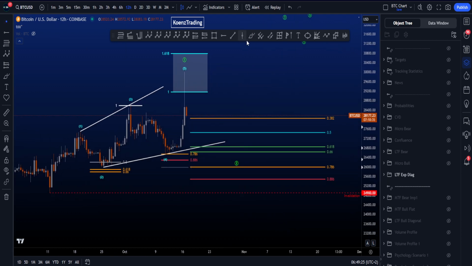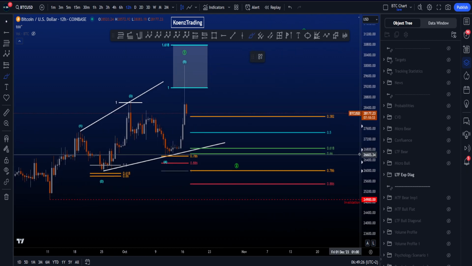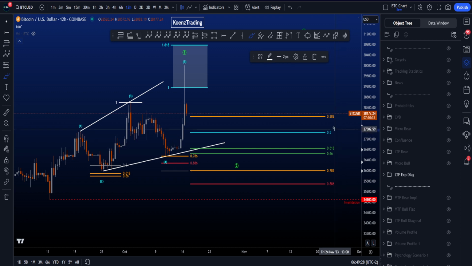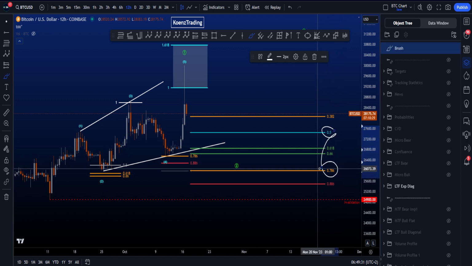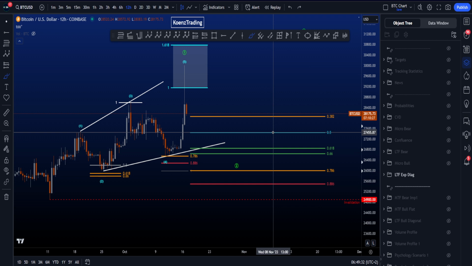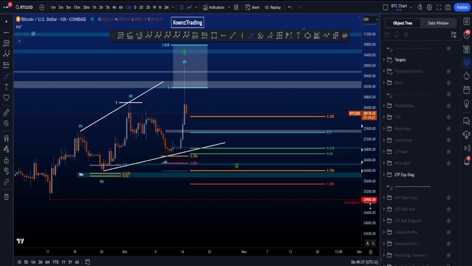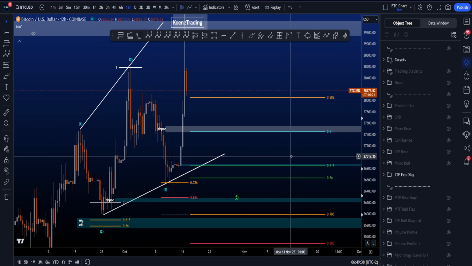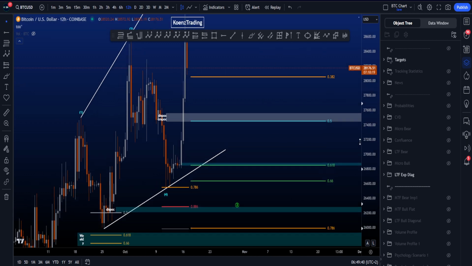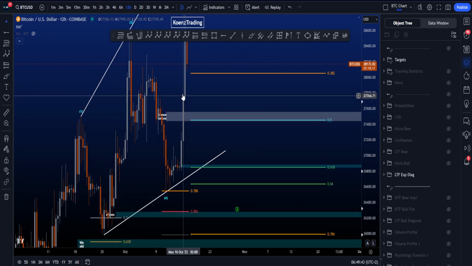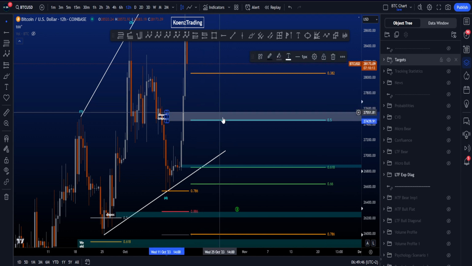If we then look for a wave 2 to the downside, then the most common target for a wave 2 is between the 0.5 and the 0.786, which is between 27.4k and 26k. And if I then open my target boxes over here, you can see that at the 0.5 we have a wide target box we pumped through, so we might also always retest this area before continuation between 27.4